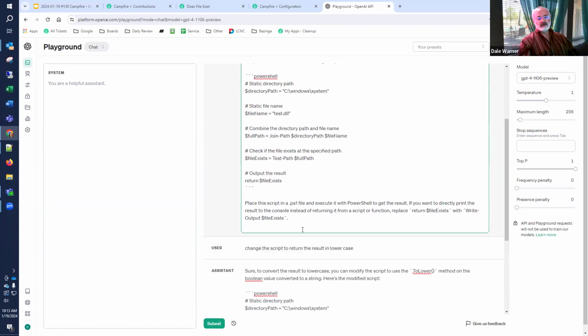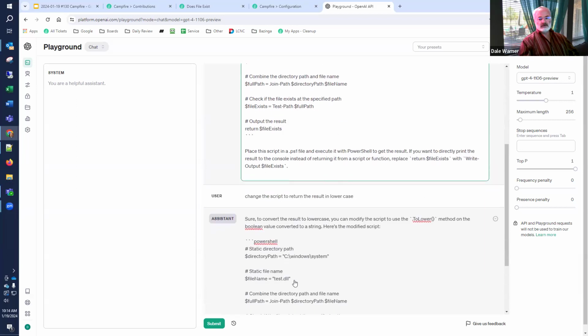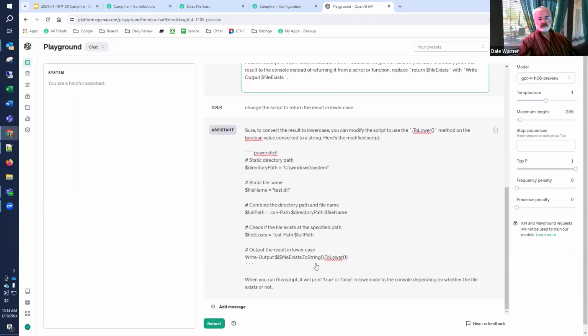I noticed that it was giving the result in capital T True, capital F False. Somewhere in my memory is that it's better, if you're using text, to do lowercase true and false for our conditional logic tests. So I just asked it to return it in lowercase and got the slightly different answer. And then this was a copy-paste job, right? I copied this whole thing into